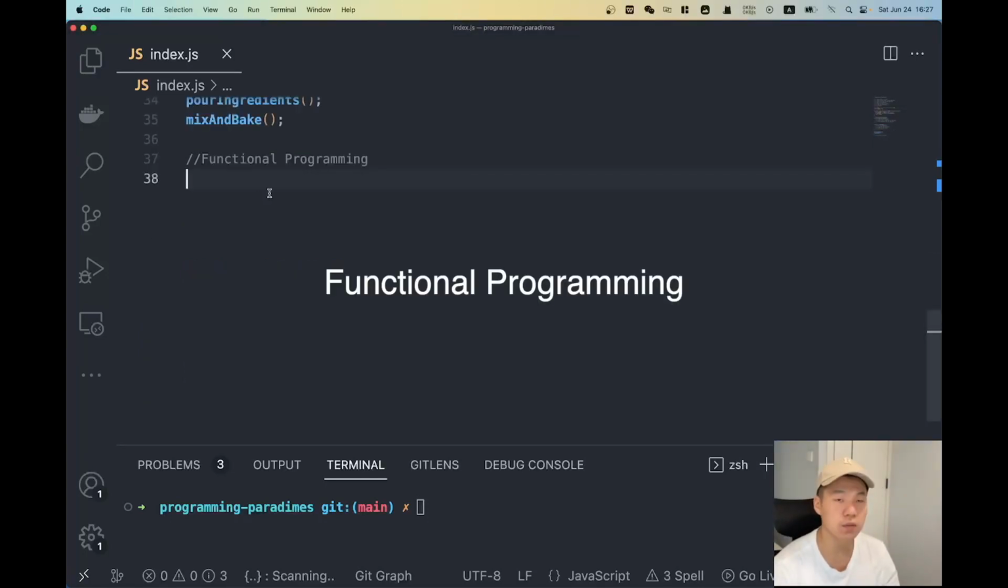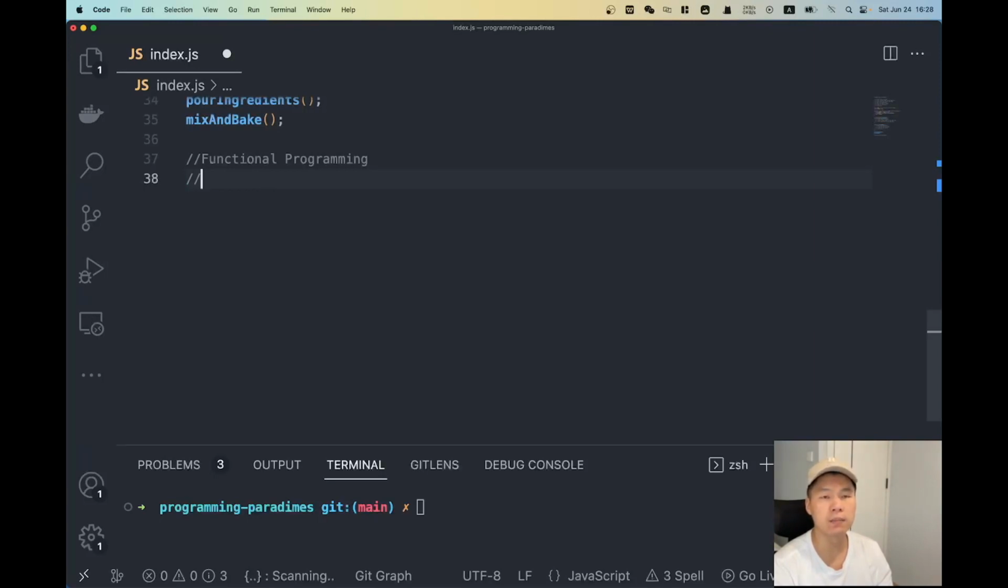Okay guys, the next one we are going to have a look at is called functional programming. Before we talk about functional programming, I want to explain some core concepts. In some programming languages like JavaScript, they treat functions as first-class citizens. For a first-class citizen, the function can be assigned to a variable,